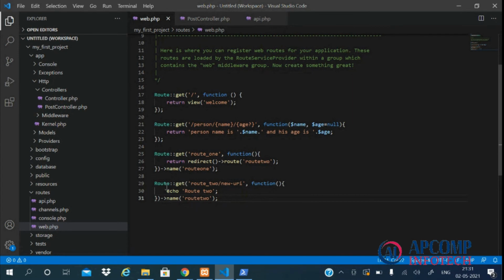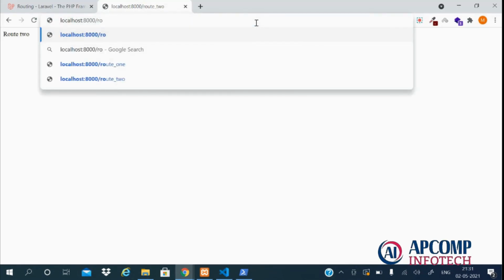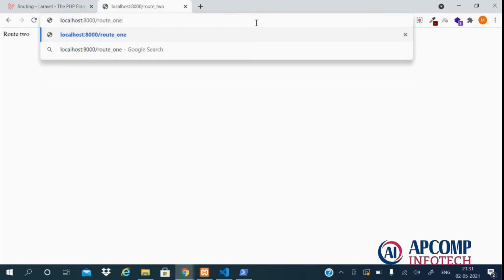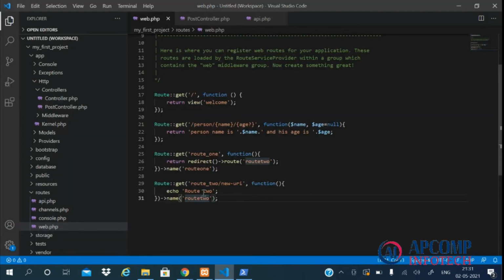See, now I have changed the URI, but I have the same route name. So when I redirect it, when I run our route 1, see, I am redirected to the new URI which I changed for the route 2. In this way we can use the route names provided by Laravel.